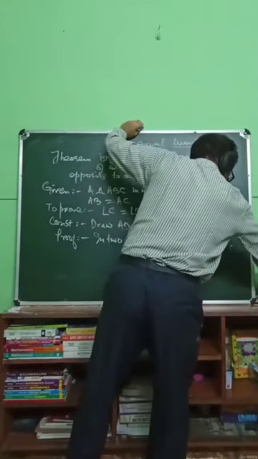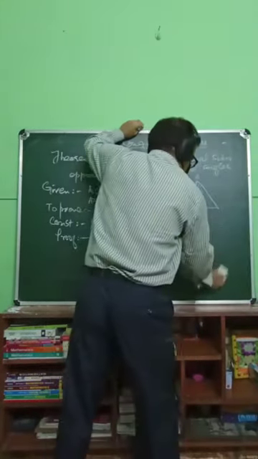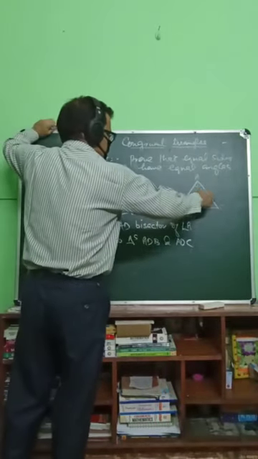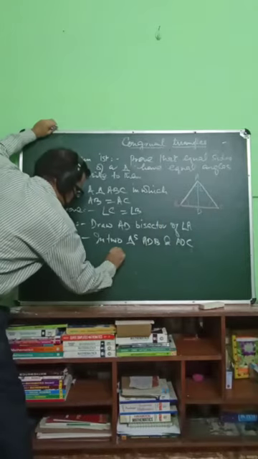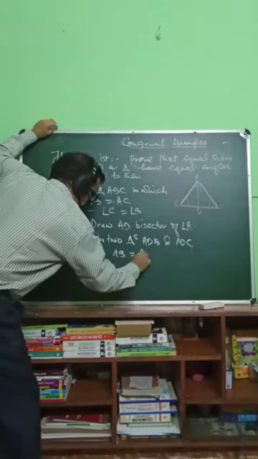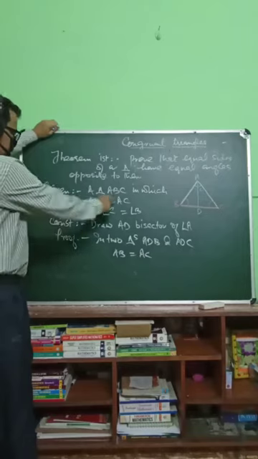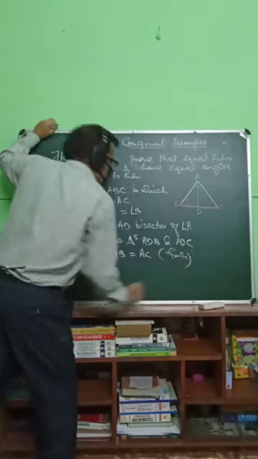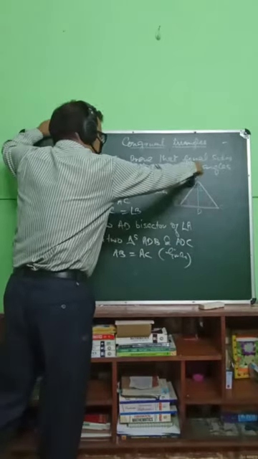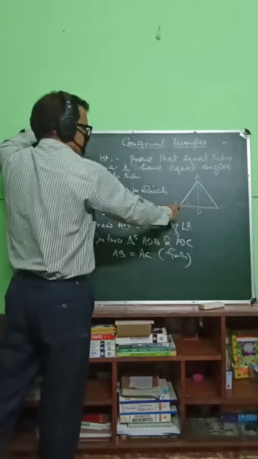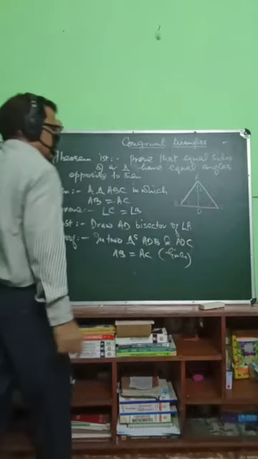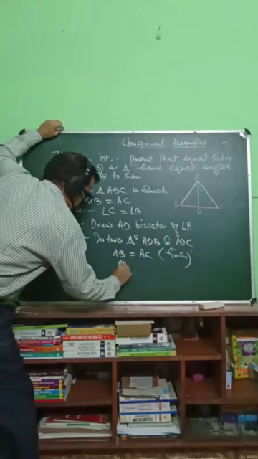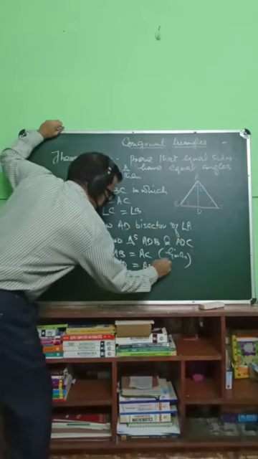Now on that basis, let us see in two triangles. AB is equal to AC. That is already given. So we will write it is given. Reason is must. AD is equal to AD. It is of triangle ADB and also of triangle ADC. So this is common part of both. AD is equal to AD, that is common.